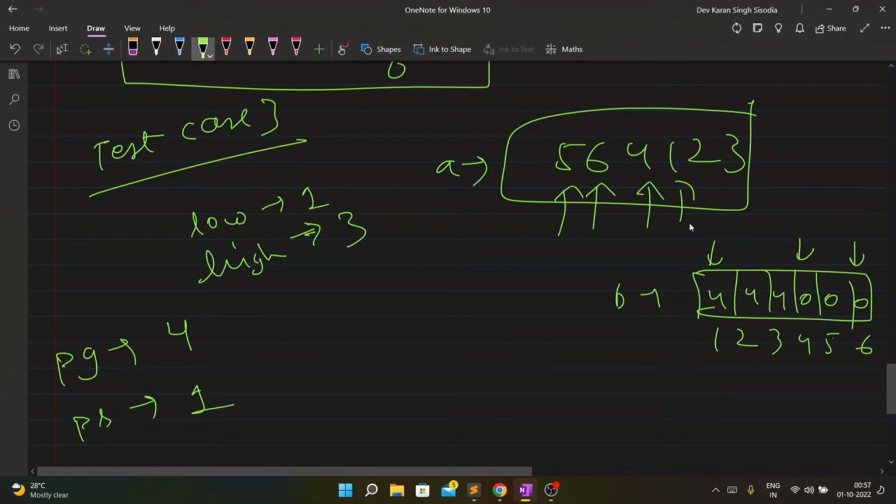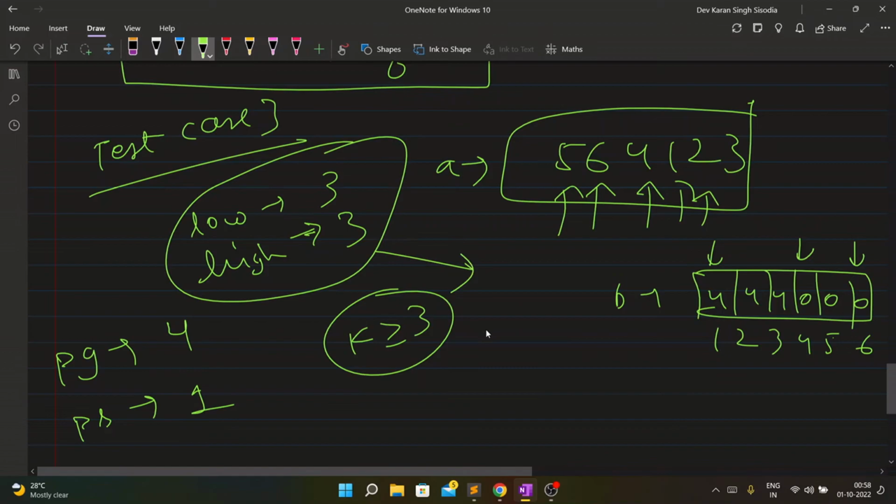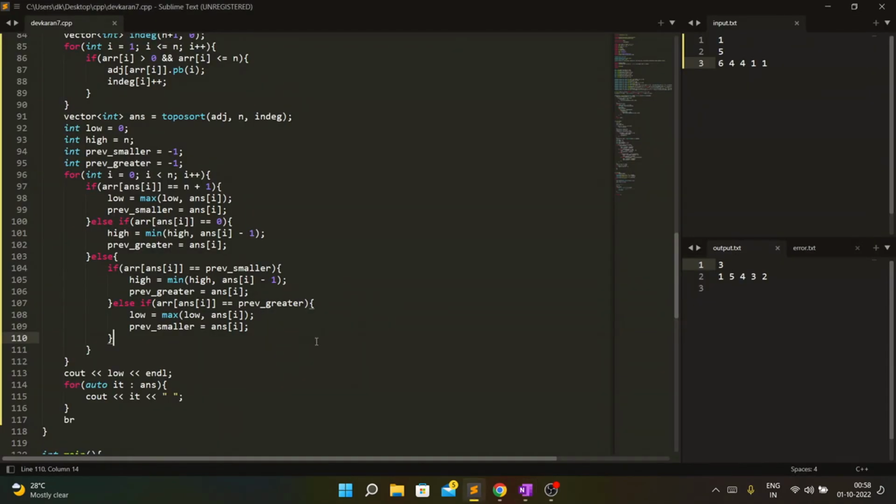PS will be 1. We go to 2, right? So my k will be greater than or equal to 2, and similarly k will again be greater than or equal to 3, and ultimately we will be landing at a valid k. So that is what I am doing. This is just basic simple mathematics, basic updation and everything.